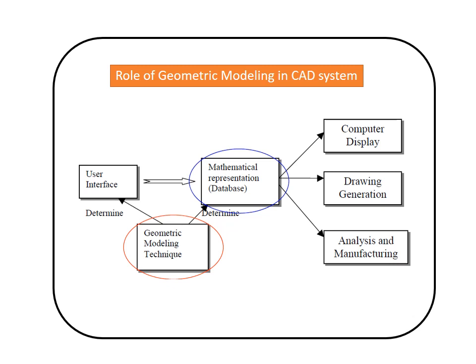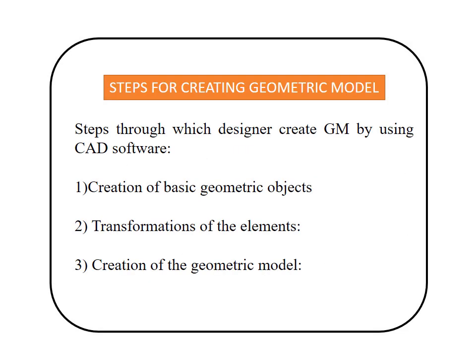So the length, breadth and the area is nothing but the mathematical representation. With the help of mathematical representation, the thought by the engineer, the rectangle, is converted into the mathematical relation by means of geometric modeling technique, and it can be shown in the computer display. Fine. So geometric modeling: geometry defines the shape of an object. So geometric modeling is nothing but, with the help of the shape of the object, we can build 3D. So, steps for creating a geometric model.